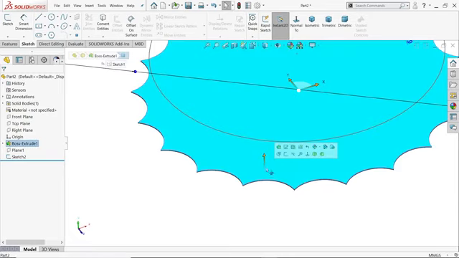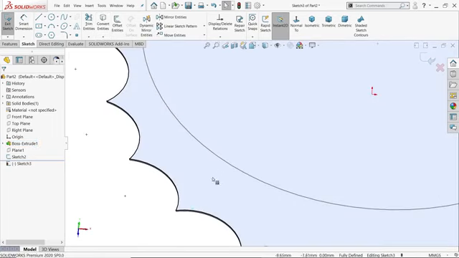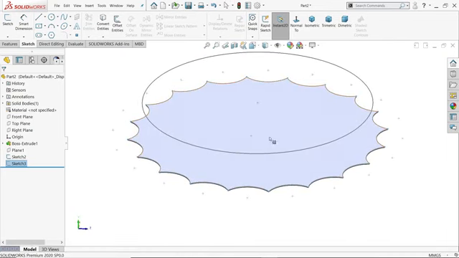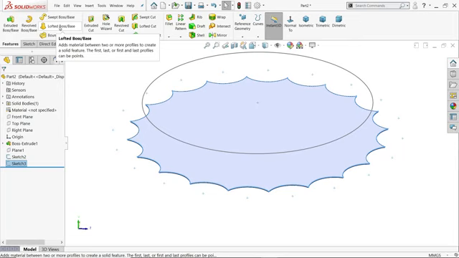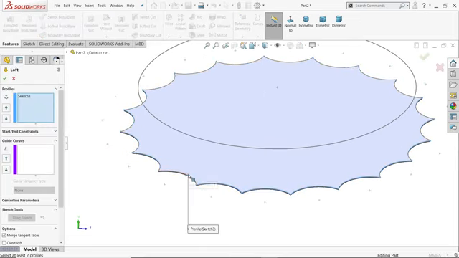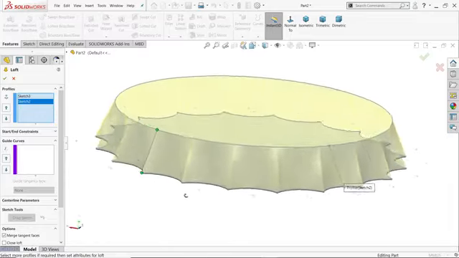Now I'll select this face, sketch, click convert entities. Now see the border edges are converted, exit. Why we need this? We need to create a solid body in between this. Go to feature and choose lofted boss base. Now the first sketch, this one is selected. Now the second, this circle. Now look how this solid body is going to be created.